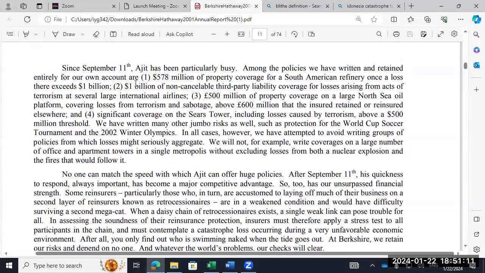All right, so let's look at what he's doing. He's going to do $578 million of refinery losses. So would a terrorist group want to go and bomb a refinery in the Gulf of Mexico? What would that do to oil prices? One refinery, or maybe I'm thinking that maybe that's not a refinery. He does have platforms here. So refinery, blow up a refinery. I don't know how many refineries Valero has. Quite a few of them, though. You blow up one of them, what kind of impact would that have?